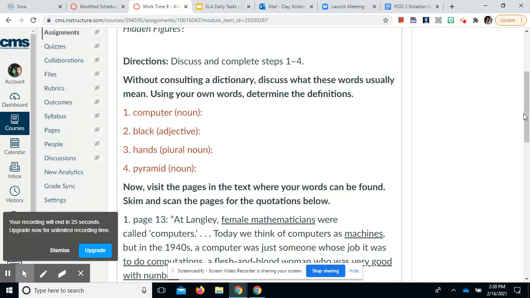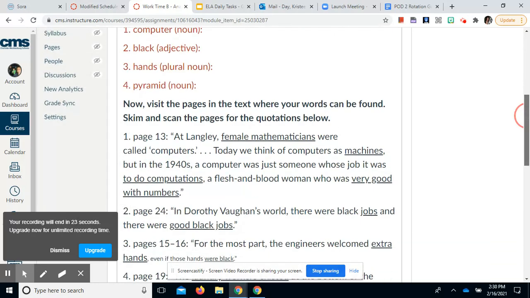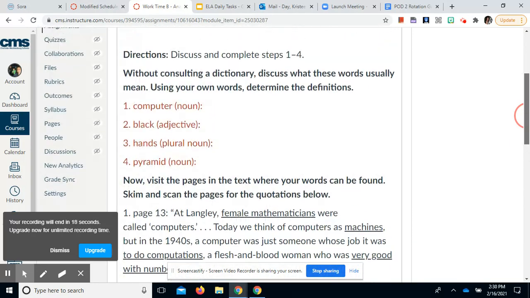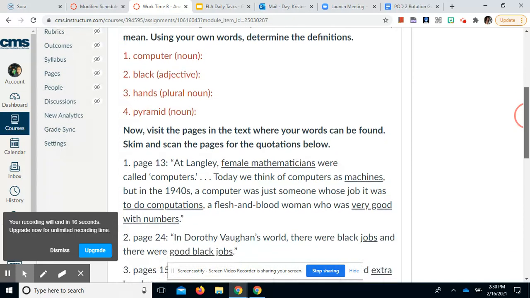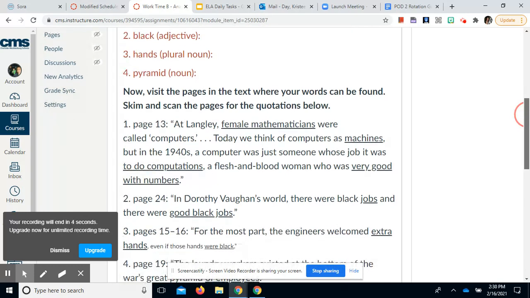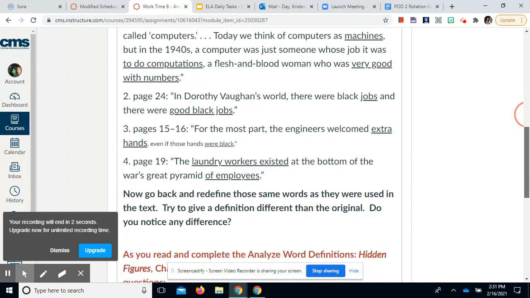And then we looked at how they were used in the text to get this understanding that these words have multiple meanings and that we need to use the context, which has been underlined, to help us infer the correct meaning of the word as it was used in chapters 2 and 3. And so we went through these examples and discussed the difference between